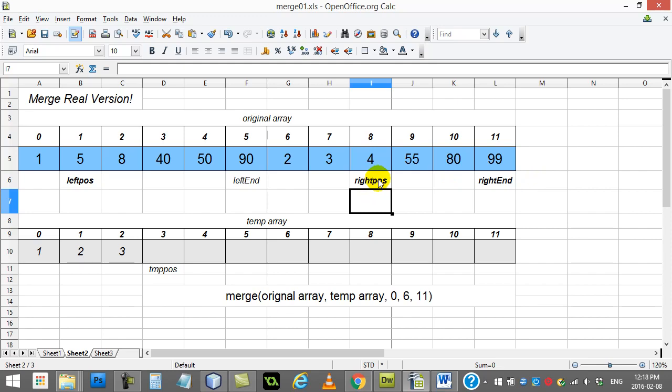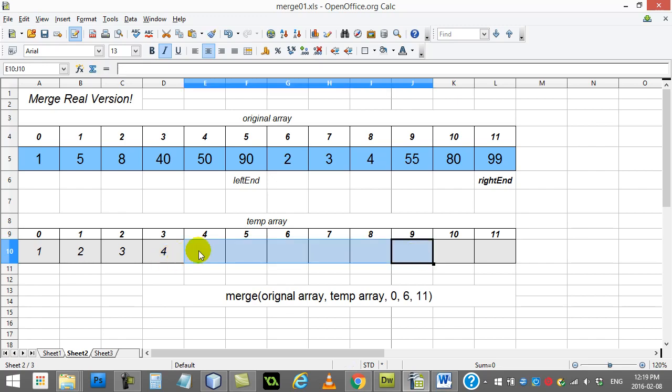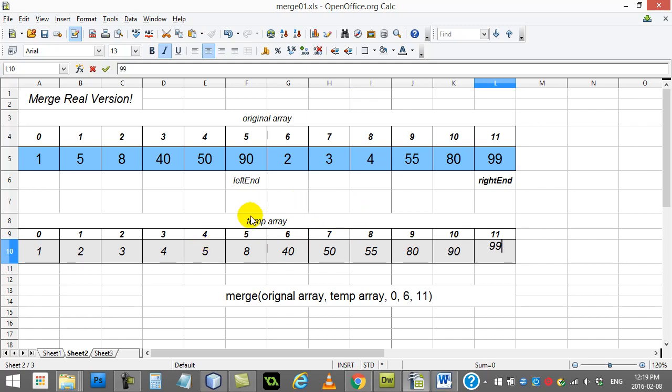Now, I'm going to fast forward to where one of the lists is done. We can see here that if I take these out, I'm going to take the 3, then the 4, then the 8, the 40, the 50, the 55, the 80, the 90. I've left a number out here. Okay, it was way back here. I had the number 5, then the 8, then the 40, the 50, the 55, the 80, the 90, the 99. Now, when we hit this point,